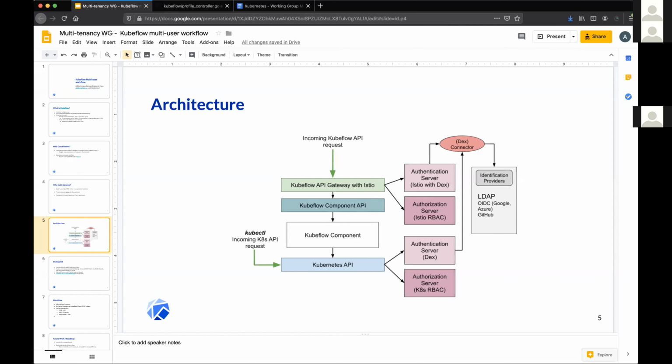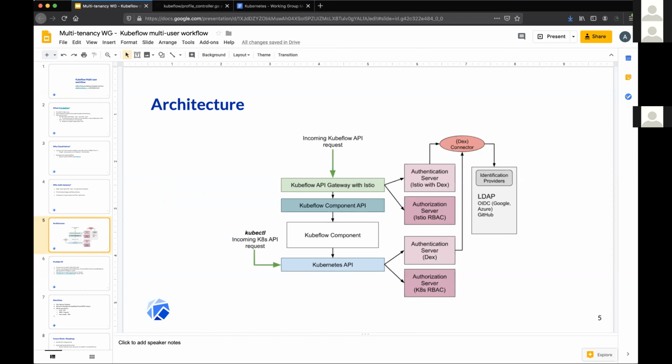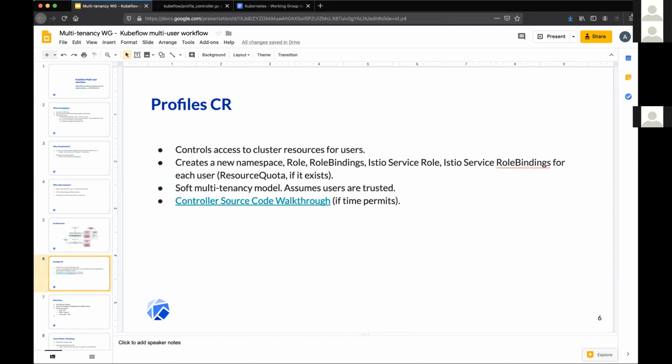And then how it actually handles this is once a new user comes in and you get a new token from a user, you have a profile CRD, which is a custom resource that creates a new namespace for that particular new user, and role bindings to access the Kubeflow services, and then create resources within that namespace, and an Istio service role and service role binding for accessing the Kubeflow services, which would be coming under the Istio